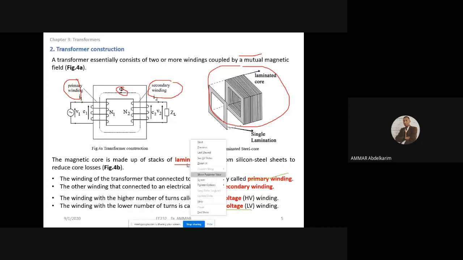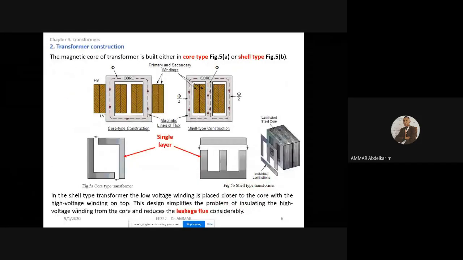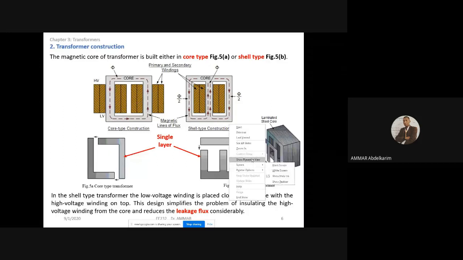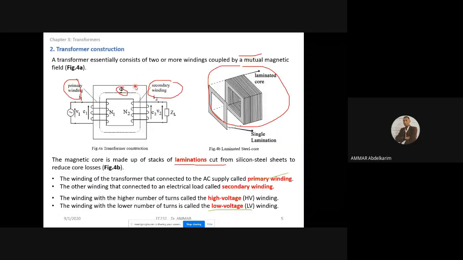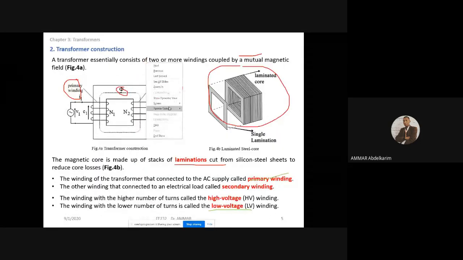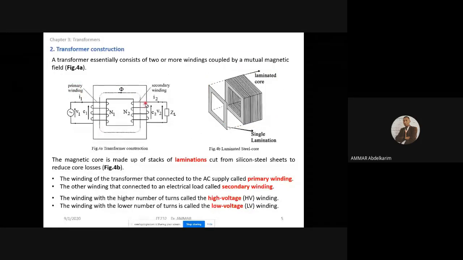Let's move to the next slide. So we are still with the construction. In the construction, we may find two different types. This is the simple one, which is called a core type, as you have seen in the previous slide. This construction is called a core type